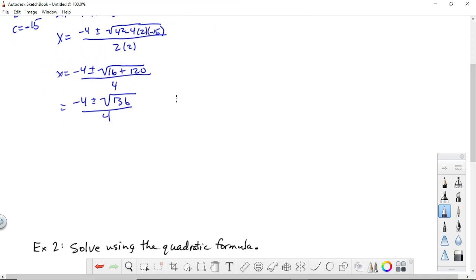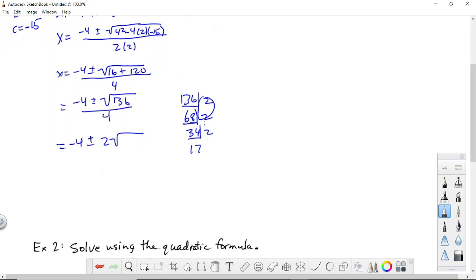Let's factor that 136 with this method. We see what divides into it. We say 2, and then you get 68. 2 divides into that, which leaves 34. 2 goes into that, and that leaves 17. So that's it. We look for pairs, and we have one there, so we can take a 2 outside that radical. The only thing we're working on here is the radical itself. It was just the square root of 136, but now we take out a 2 times the square root of